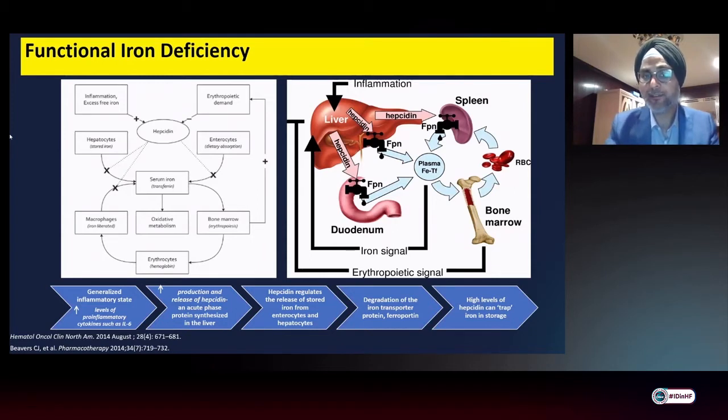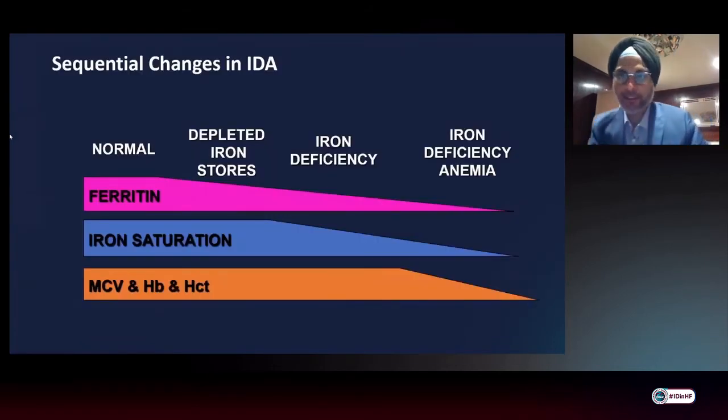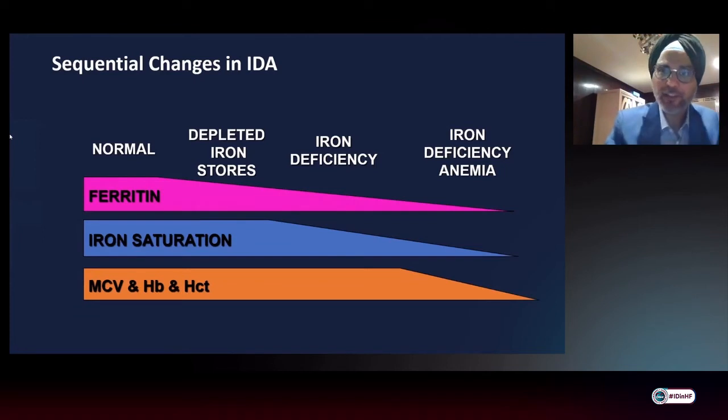Hepcidin actually regulates the release of stored iron from both hepatocytes and also absorption across the enterocytes. And it negatively affects the transport protein called ferroportin, and it causes its degradation, resulting in decreased transportation. And also it promotes sequestration of iron in reticuloendothelial systems such as spleen and liver and bone marrow, resulting in functional iron deficiency. This slide actually shows you sequential changes in iron deficiency anemia, and this is important because